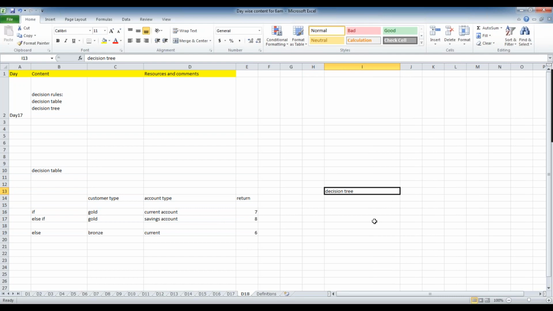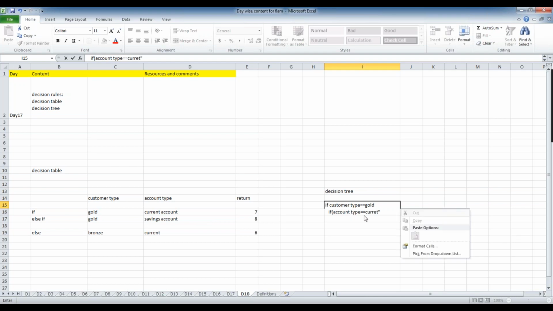So if you ask me, the same thing we can do something like this. If customer type equal to gold, and then I'm writing if. So internally I'm writing another if: if account type equal to current account, return something, return 1, let's say.